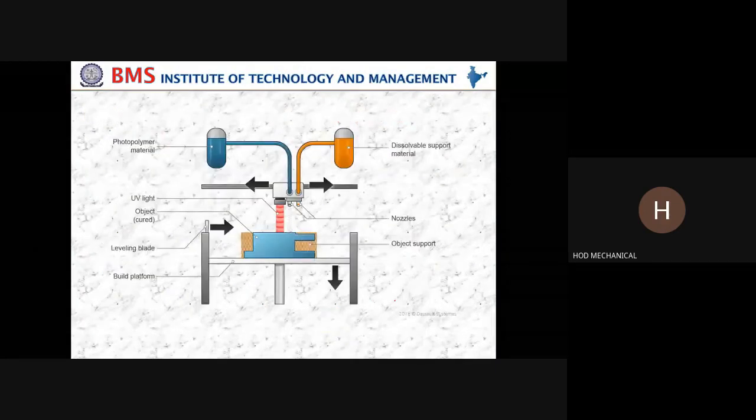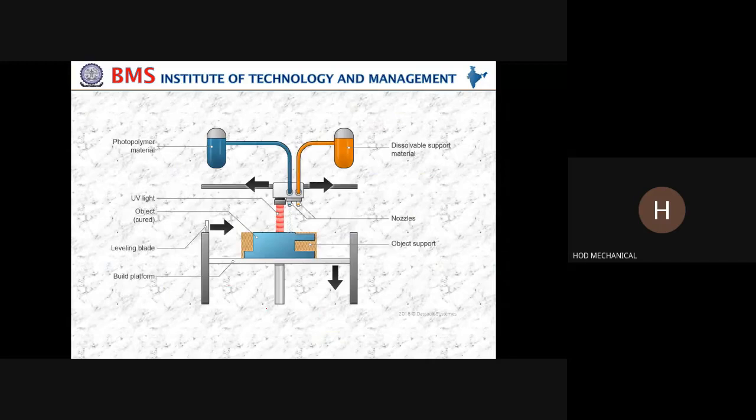Now just observe here. I don't have any polymer here. I have only the platform. Just assume we have only the platform. Some portion has already been built. This is the object you are going to build.